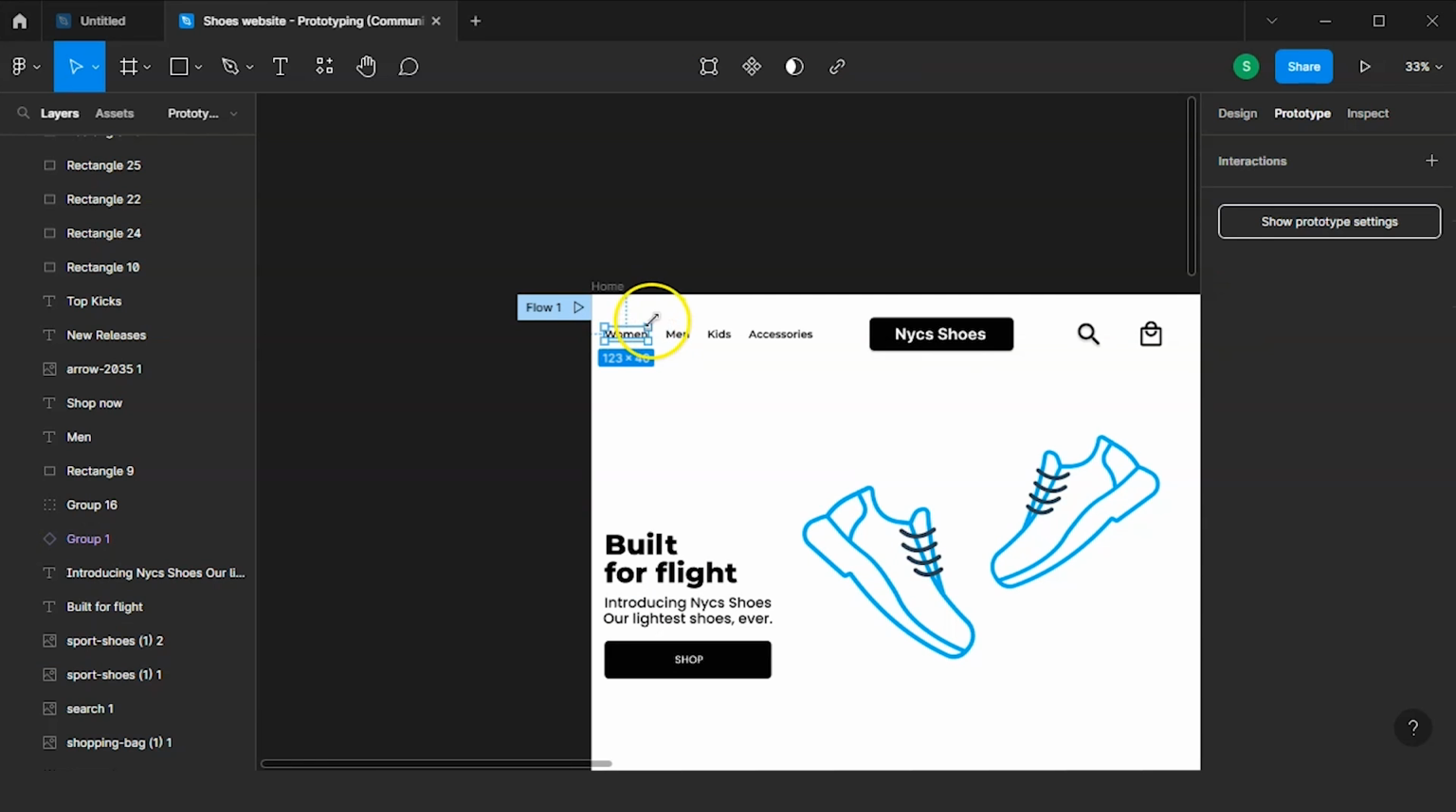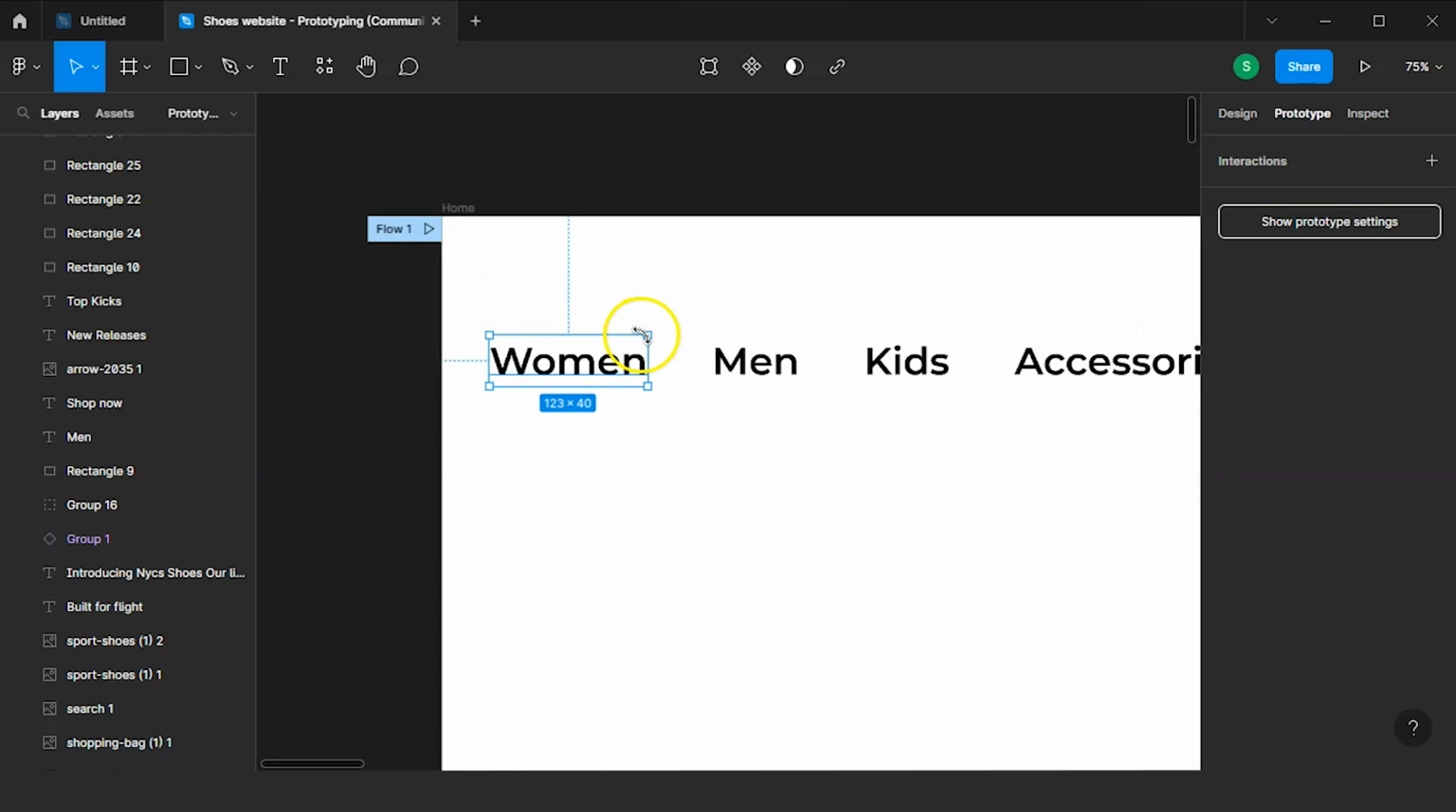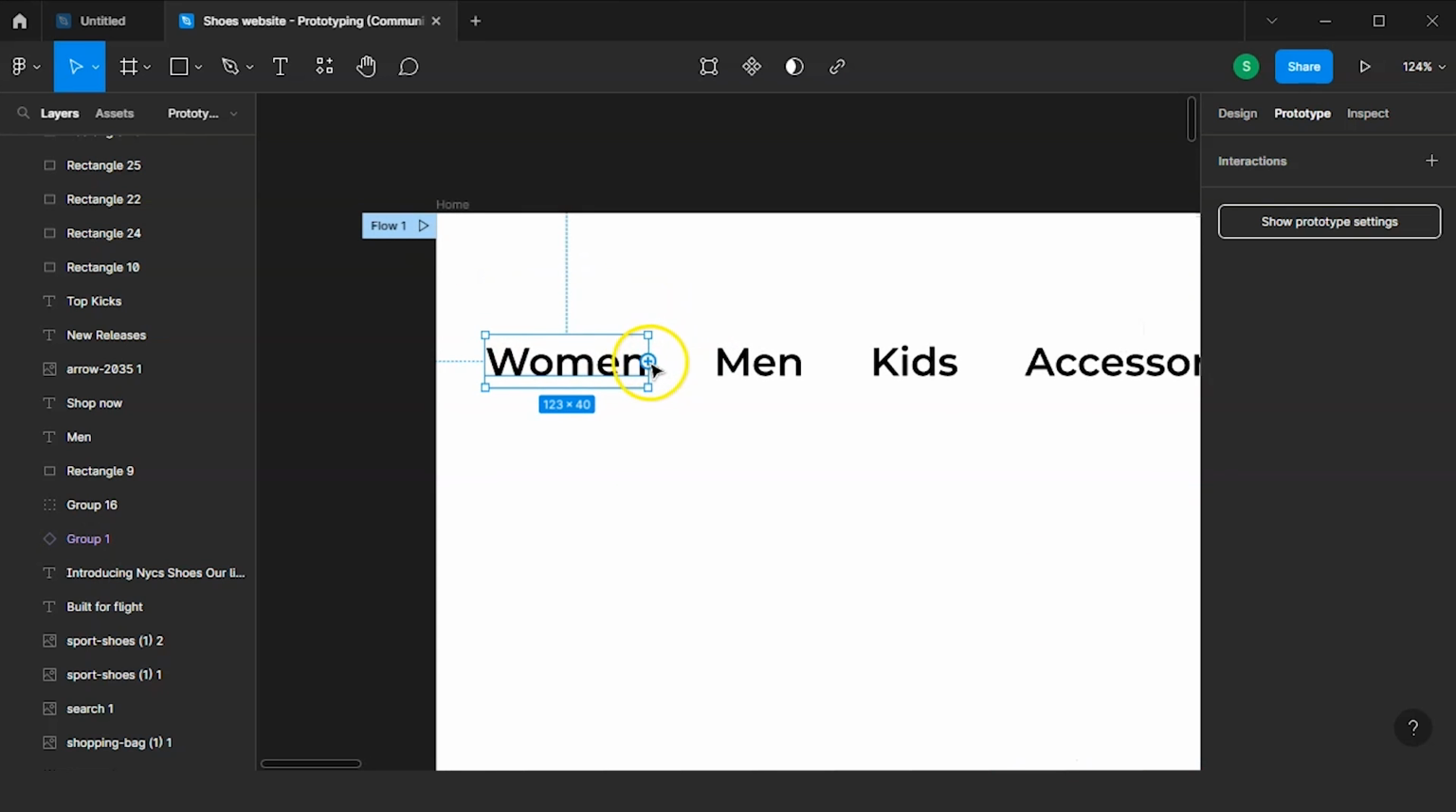You will see that to the right of the woman there is a little white circle that appears, and that's what is known as a node. Nodes allow you to connect these links to other pages. So if I click on the node, the white circle,